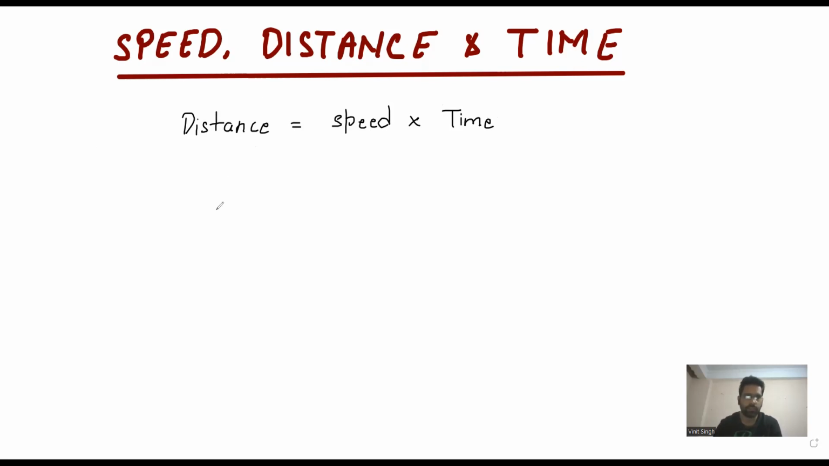Here the one condition is, A and B are the two stations and the distance between them is 36 kilometers. A car starts from station A and moves towards B with the speed of